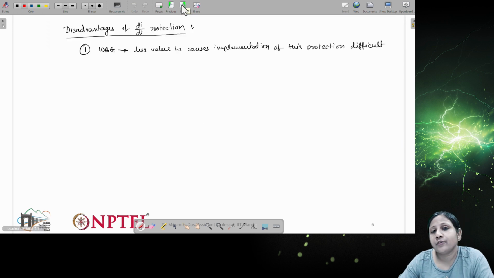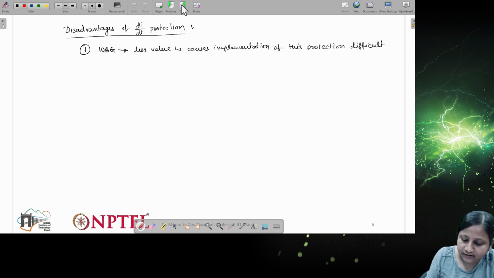So this can be added for a WBG device. But again, there will be other kinds of problems if we add additional inductance, as it can cause problems in the operation of the converter. That is why for wide bandgap devices, this kind of protection is not advisable to implement.